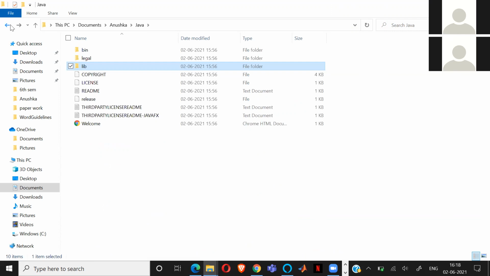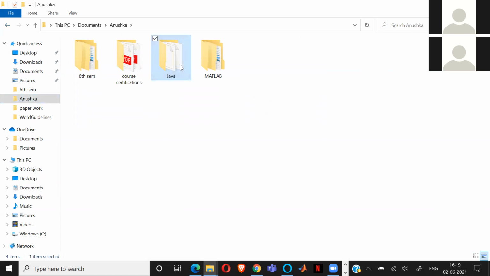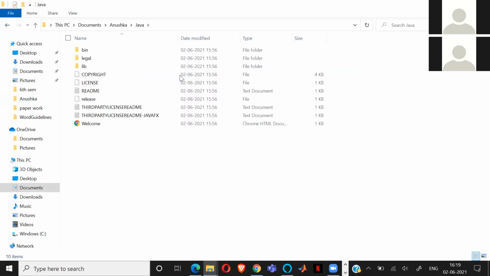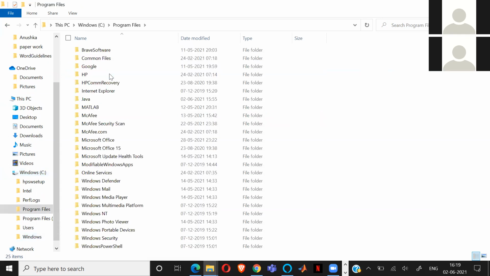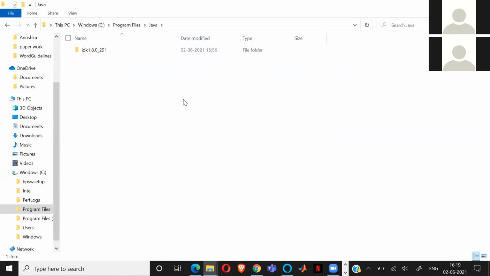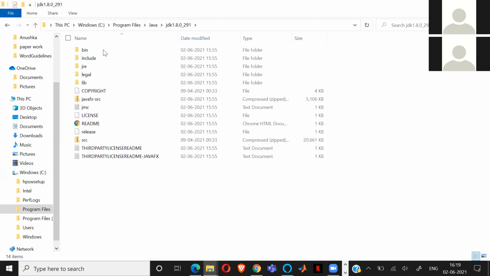You download once again, otherwise. Go to that path and download the Java once again and save. Okay, before going to that, go to the program file, whether the Java is there or not. Go to the program file. Not this one. In the C drive we have a program file folder. Open the C drive. Here, do you see any Java? Oh yeah, this one. Click on this Java. Yeah, this is a JDK. Click here. We copy this whole path.